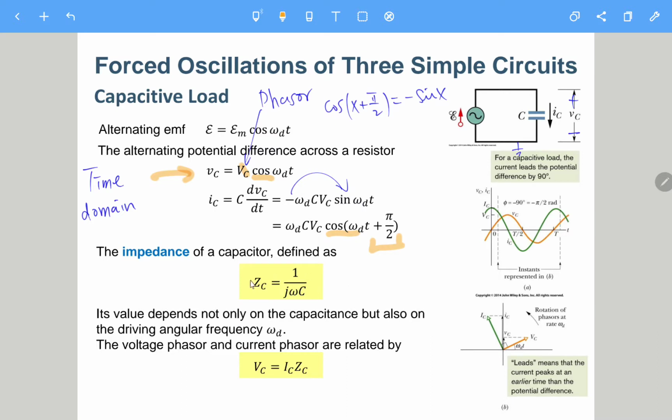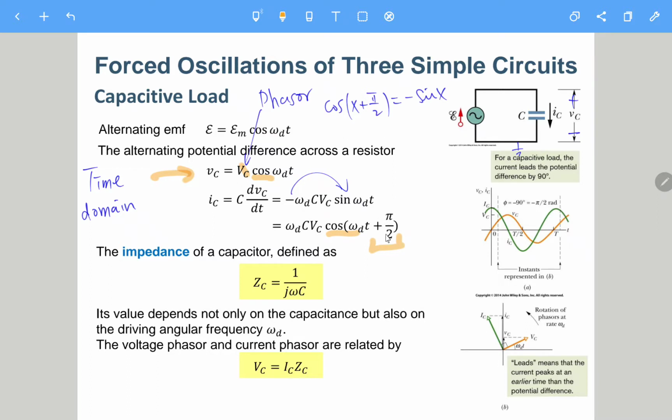In circuit theory, we will consider the impedance Z to be a complex number, and for the capacitor it is a purely imaginary number, which is 1 over j omega C. You may ask why we need to come up with this j here, but I think it's a little bit hard to explain. But actually, this j is related to this